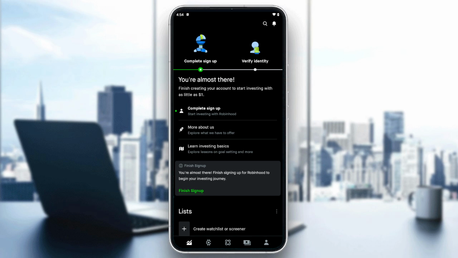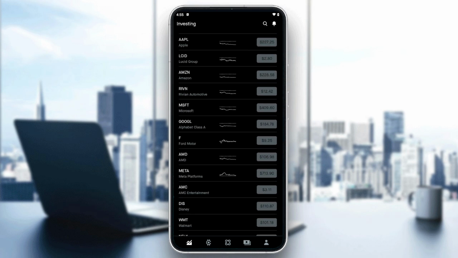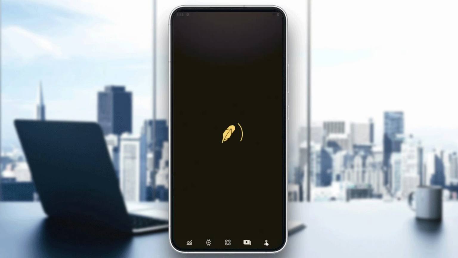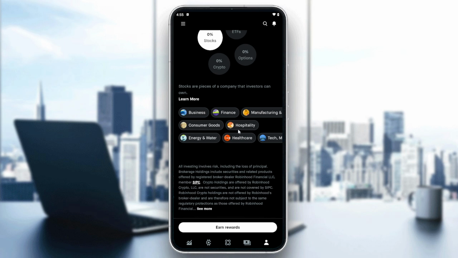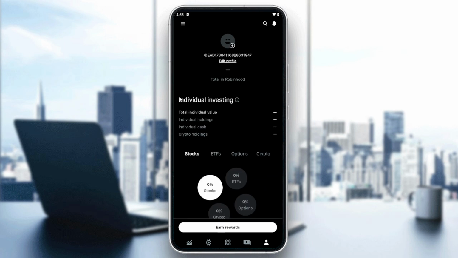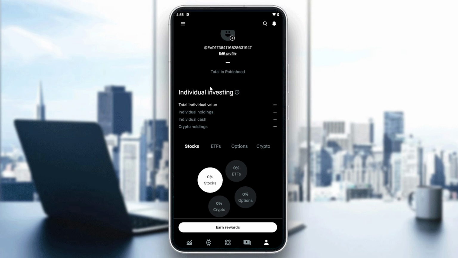After that, we will be needing to go to our settings and simply here we will find this menu at the bottom here, and basically we will have the investing panel, crypto, and retirement panel, and some other spending accounts, etc. So basically after that, you will be needing to go to your account, and it is this icon here in the menu, and basically you will find all these options,